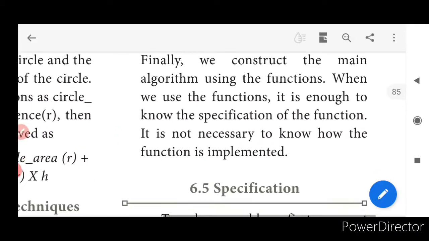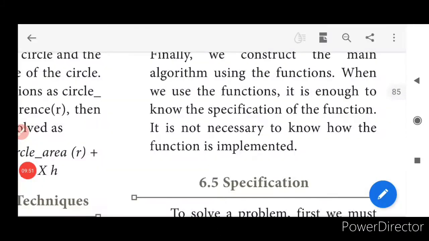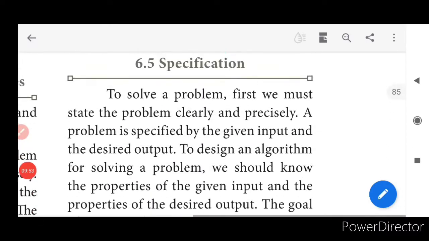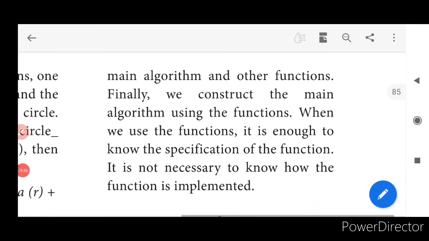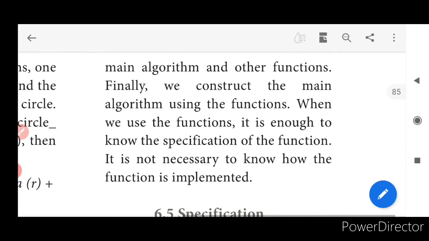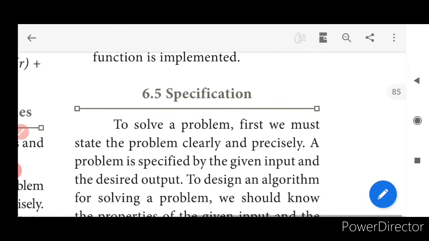See, what we do in decomposition is divide the problem into sub-problems, and we focus on the sub-problems alone. Here we do not specify how we actually do it, what methods we are using, but we just divide it, construct the algorithm for the function, and implement it in the main function as well. Right? So we never see how the function is actually implemented.